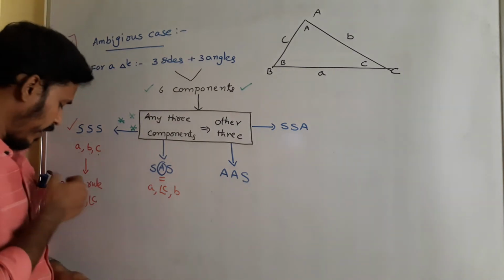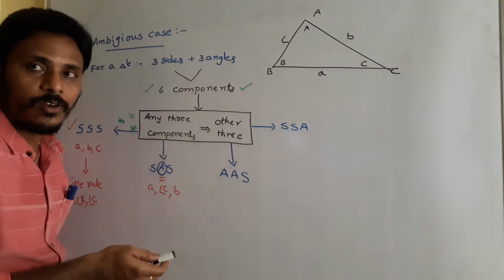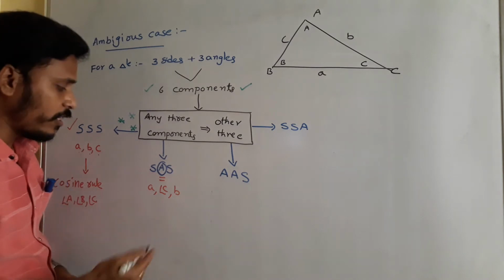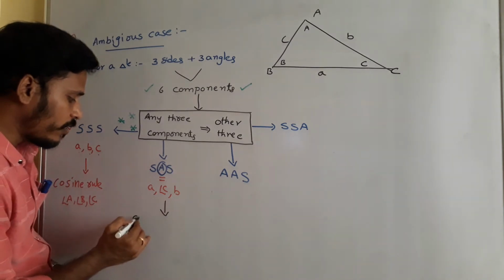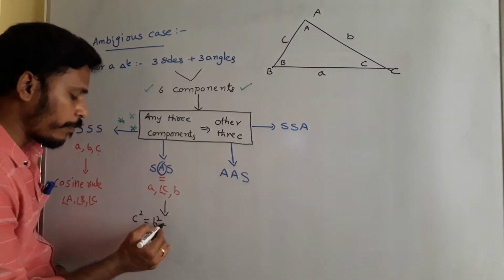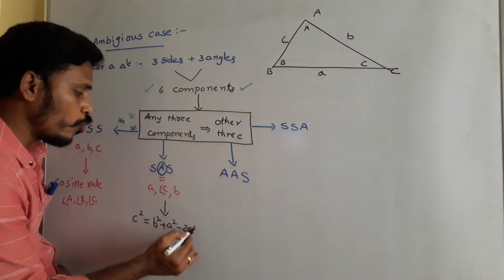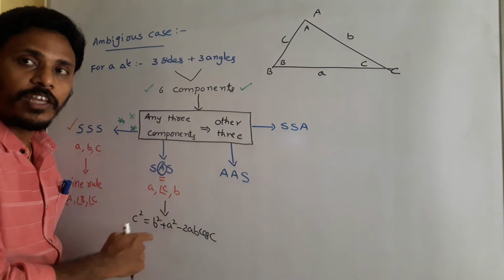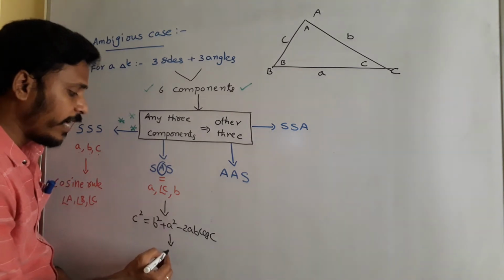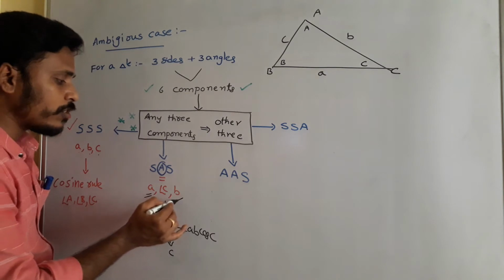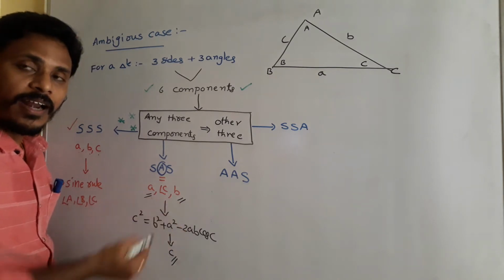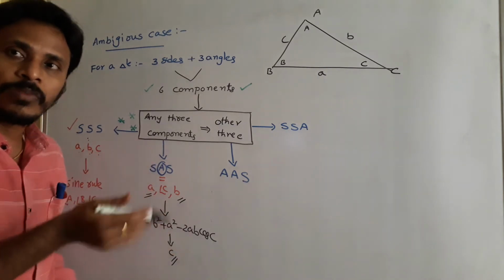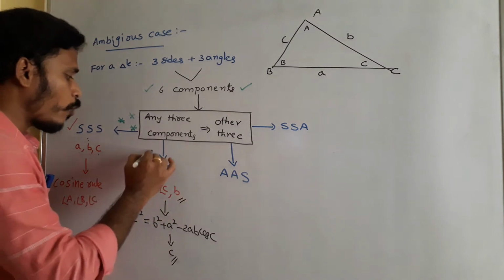After having a, b and angle C, you just use again the cosine rule. If you use the cosine rule for angle C, easily you will get the value of c square. Okay, from there, see, c square is equal to b square plus a square minus 2ab cos C. Just have a look. a, b and angle C, everything we know. From there we will get what? Side length c. See, side a is known, side b is known, side c is known. And after having these 3 sides, again it comes under the first case, we will find the remaining angles using the cosine rule or something. Okay, so this case is also very clear.